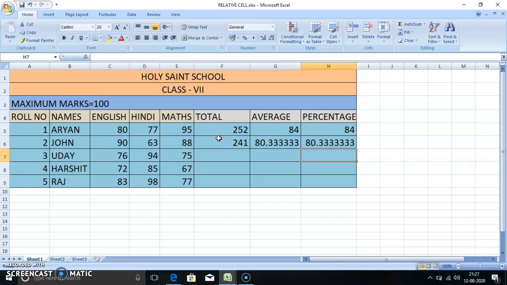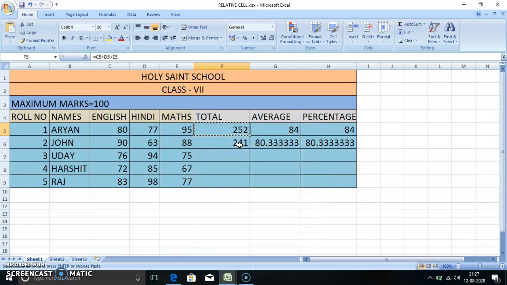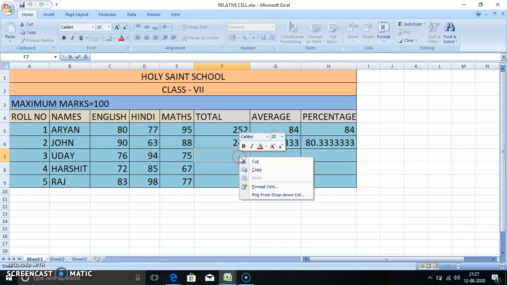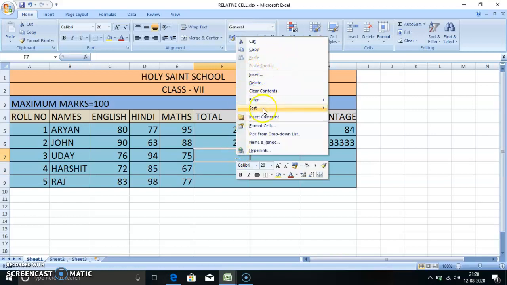Now in your book the next topic is copying the formula. How to copy the formula. If you want to copy this formula, see the formula here, equals to C5 plus D5 plus E5. Click this cell and then right click and click on copy. Then you need the answer in this cell, so again right click here and then paste.